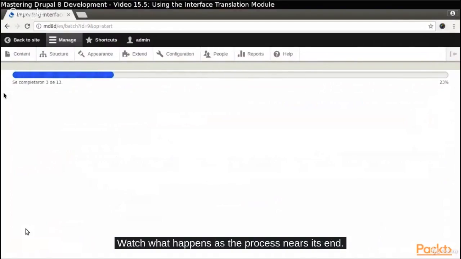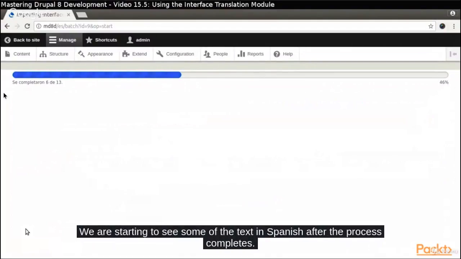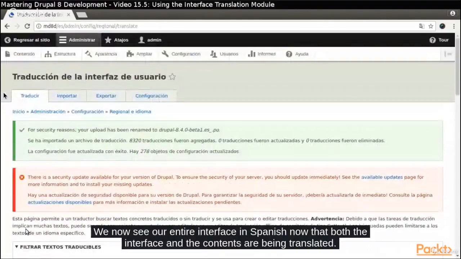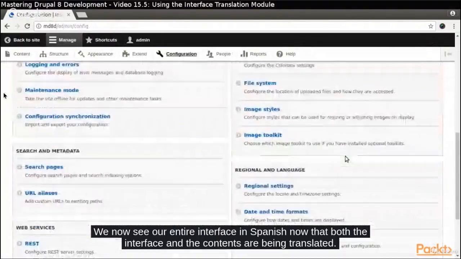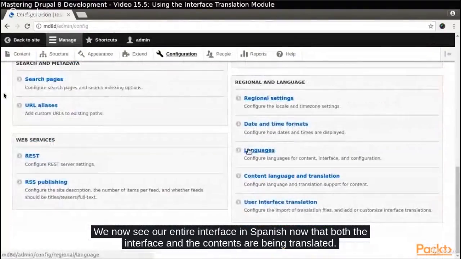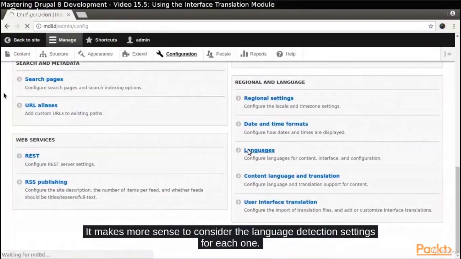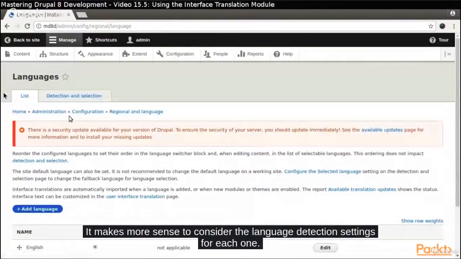Once that happens, as the process nears its end, we are starting to see some of the text in Spanish. After the process completes, we now see our entire interface in Spanish. Now that both the interface and the content are being translated, it makes more sense to consider the language detection